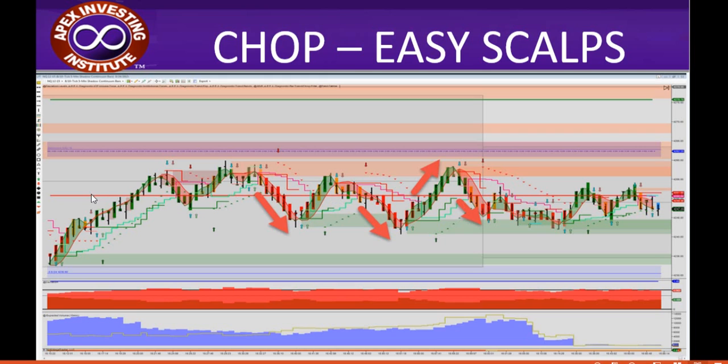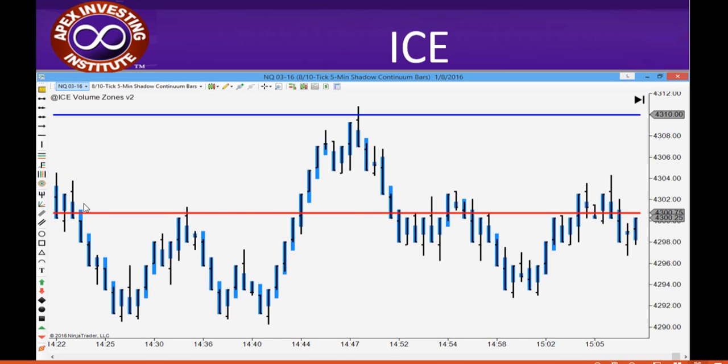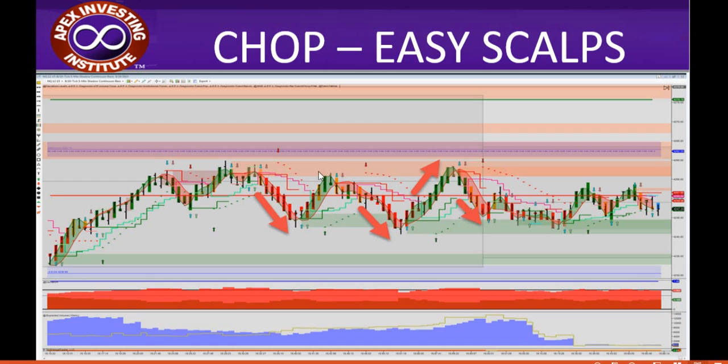Okay, because again, if it's straddling one of these powerful levels like deviations, what am I expecting to happen around a deviation? You can just see it. What am I sometimes expecting it to do on some ice levels here? I'm expecting it to kind of bounce up and down. And when those I zones are squished close together, that's a good estimation of where it's going to be bouncing